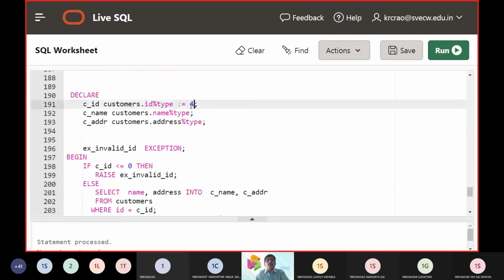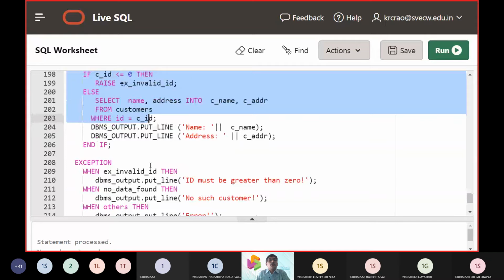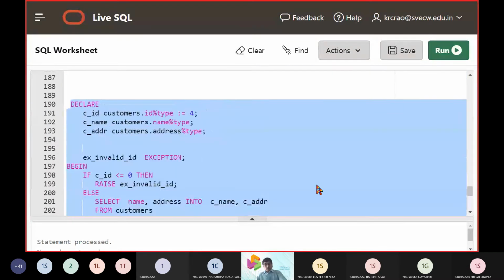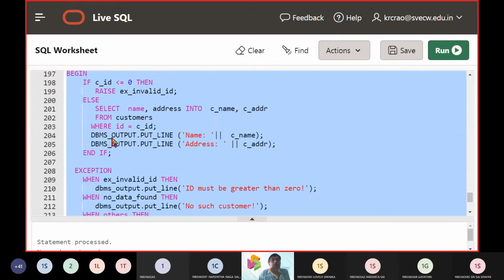So let's check 4 here. What was the thing? We made a declarative part. We have taken the customer variables, and the same data types were assigned from the customer table ID, name and address to the local variables CID, name and address.